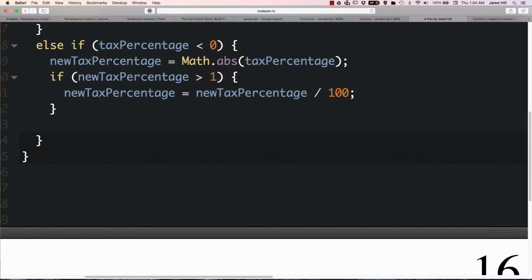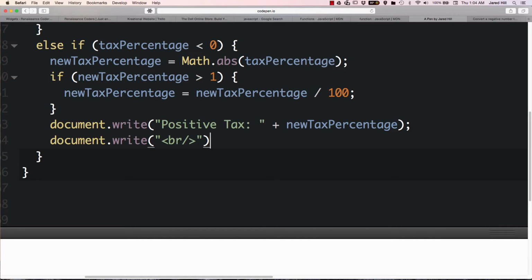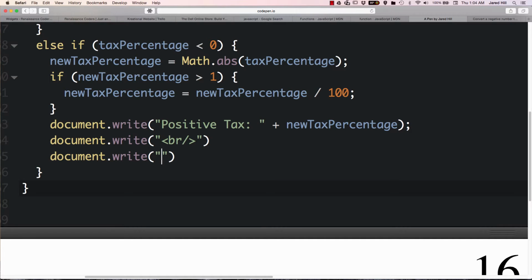Okay, now what we want to do is we want to do those same document.writes and same calculations. So I'm just going to go ahead and write those out. Document.write positive tax plus new tax percentage. Okay, and then we're going to do our break. Yes, I still had it copied. And then another document.write for the cost, and that's just going to be plus cost. Okay, another break,